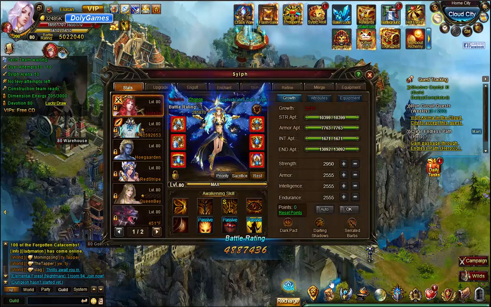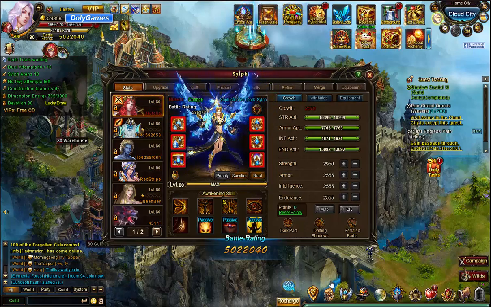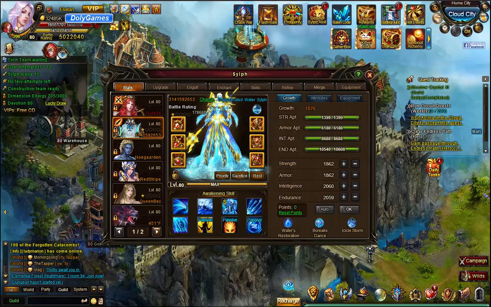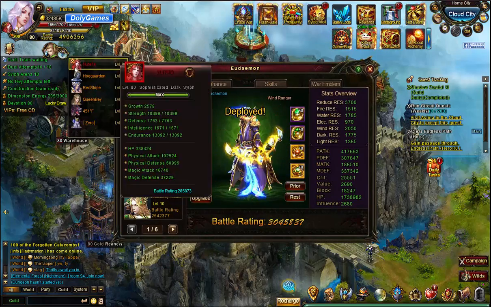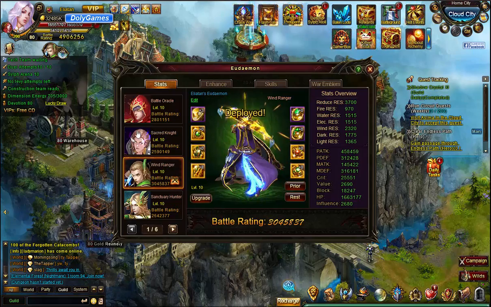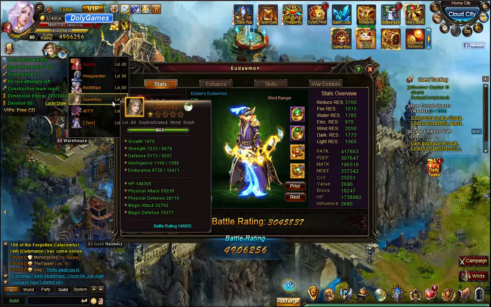I thought this was a joke. I thought that I would have to get a merge sylph before I hit 5 million BR. But guess what? Holy Forge does a lot of good. So I do have this red sylph, so Nutella does help. And then I put this guy on my battle oracle. Let's see here. If I put on my Wind Ranger, which is my next best kid, it's still higher BR with the other one. So 4.9, but usually to give him more physical attack, I would put